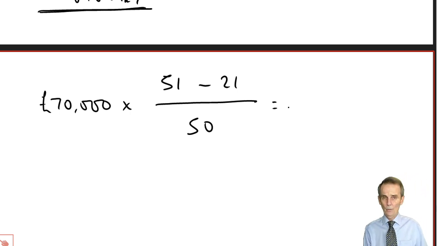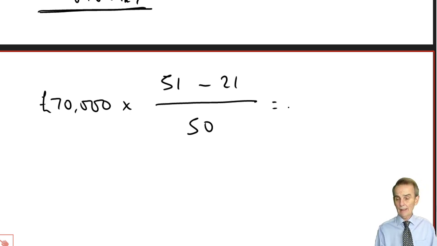And that, therefore, will establish for us quickly, easily, what the income element of the premium received is going to be included on the income tax computation here for 21-22, the tax year in which the premium was received. So 51 minus 21 would be 30, 30 over 50, well 30 over 50 is 60% of 70,000, and that's going to be, do check my maths there,